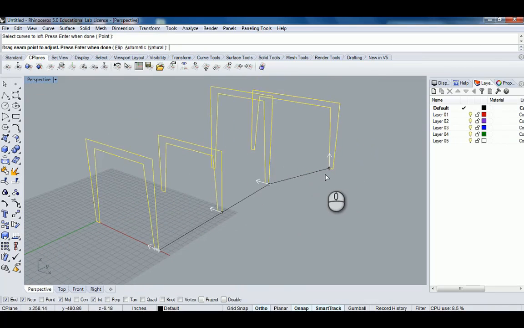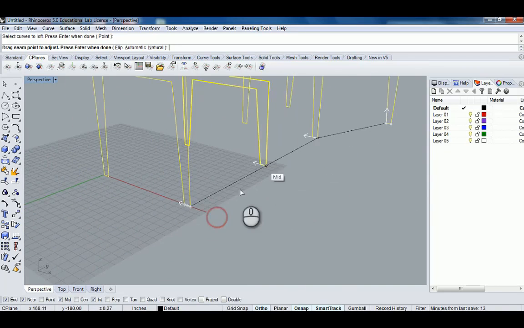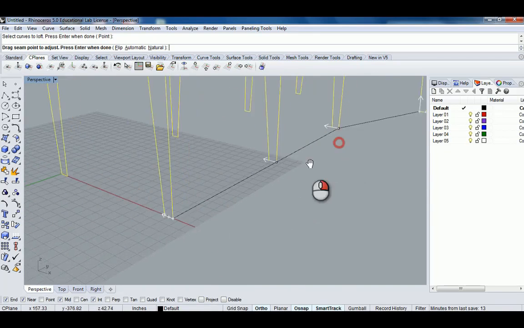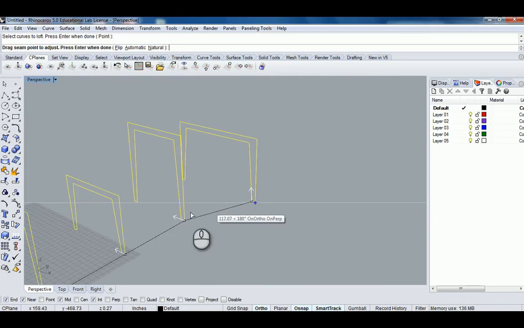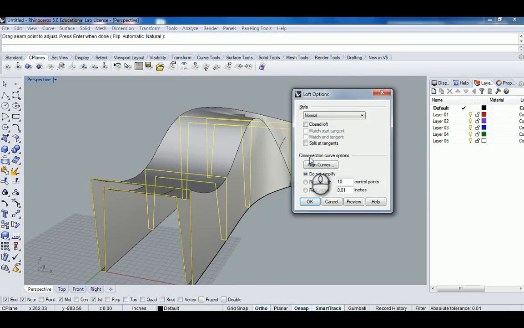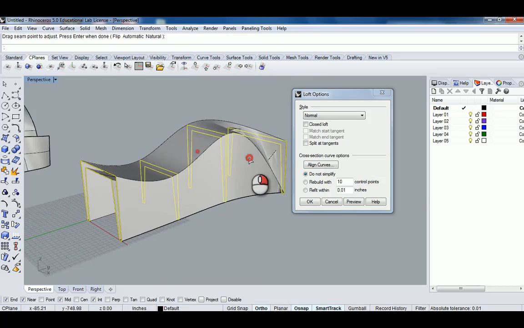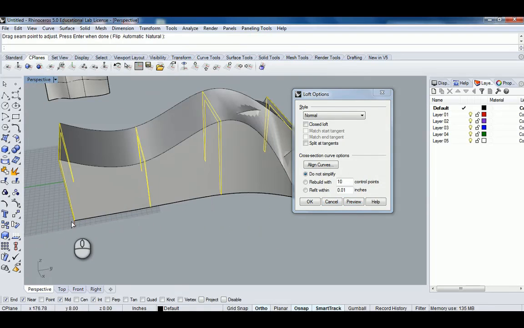So notice here that I have, this appears to be at the same base point in each of these, but it looks like it's migrated over one here. So if I were to loft this right now, it's probably going to twist a little bit here. Let's click Loft and see what happens. So right, we can see that because the line here is clean, but then when it gets to this point,